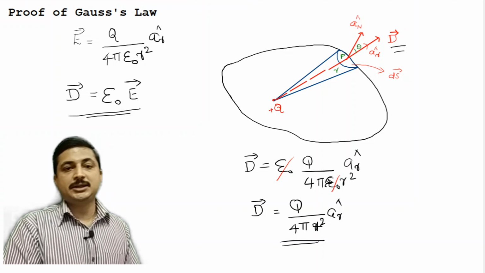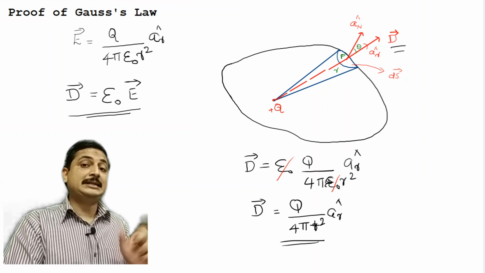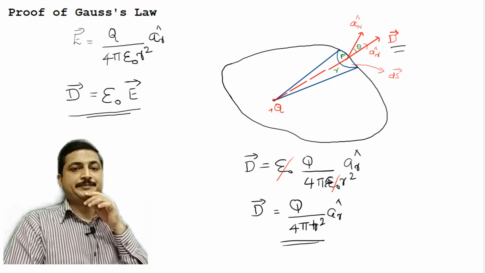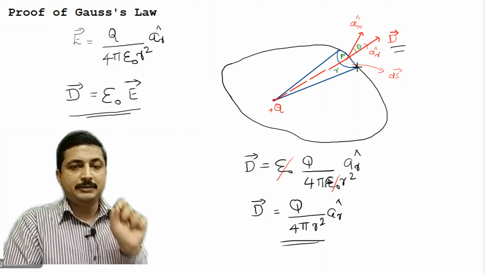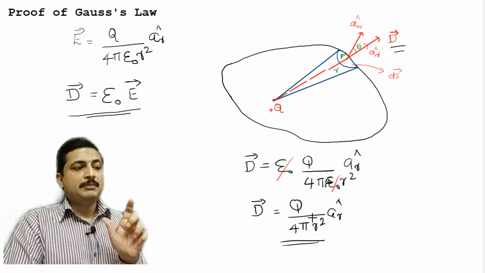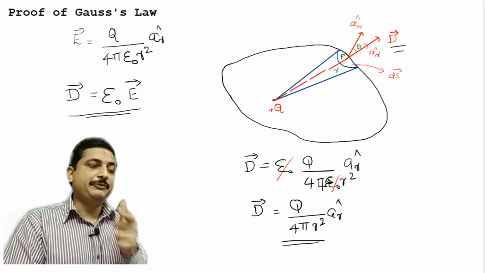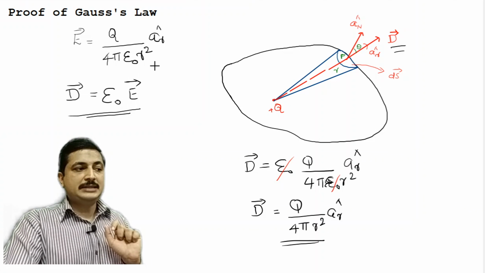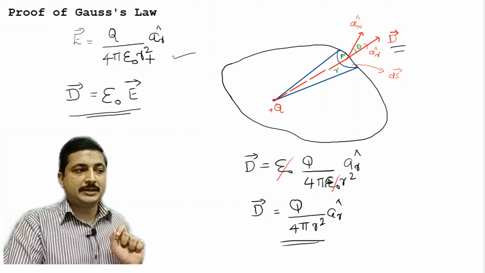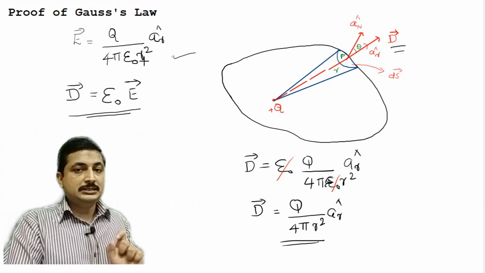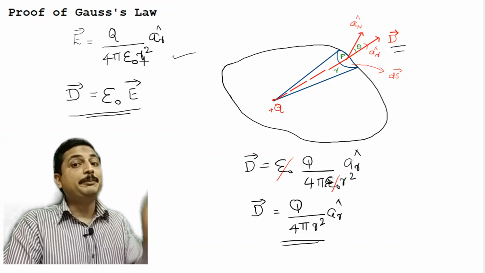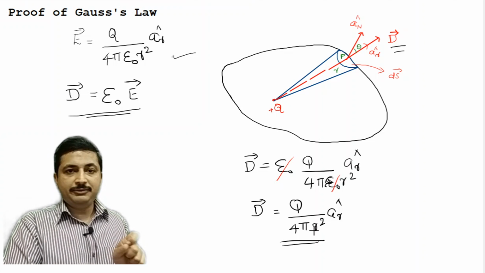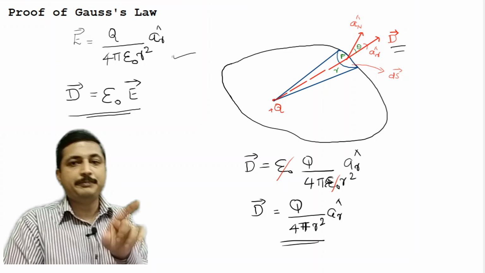or the magnitude of D vector is nothing but Q divided by 4 pi r square, but that is in general, at that particular point, but I need it for the entire surface. This representation of D vector was done for a particular point, so I need to extend this mathematical expression for the entire surface, that is, that infinitely small surface ds. Because I started deriving from E vector equal to Q by 4 pi r square A R cap. What is this? This is electric field intensity due to charge Q at a point P. So from that, when I derive, I get an expression for D vector. So this is good enough for calculating flux density at a point.